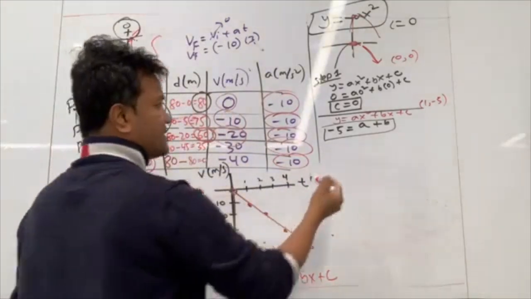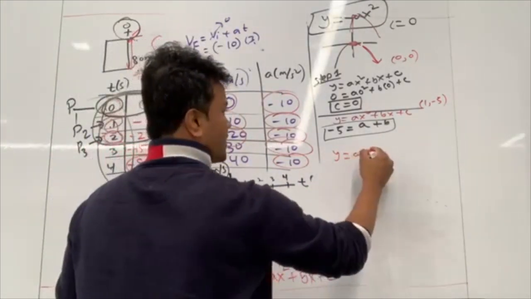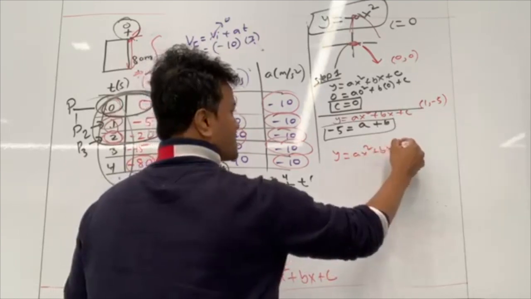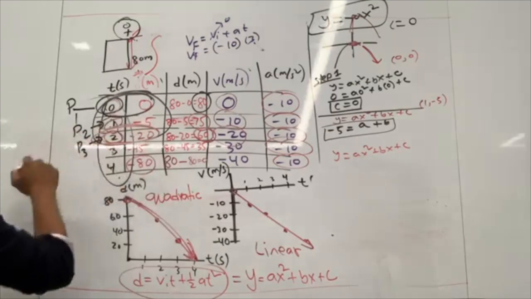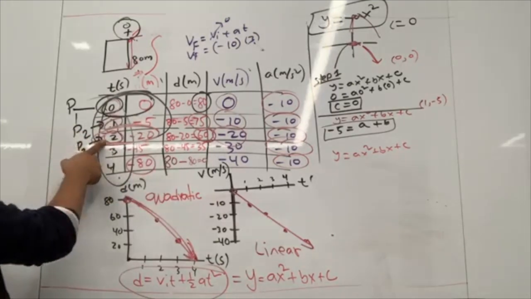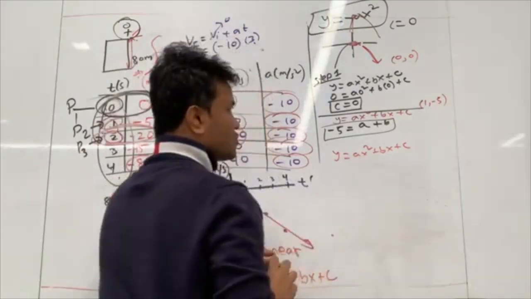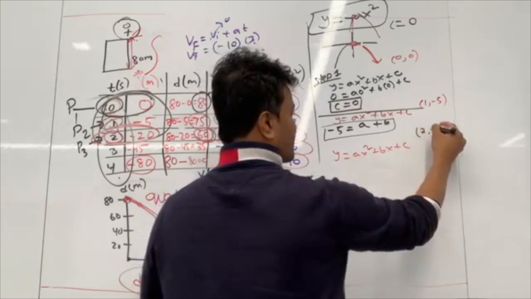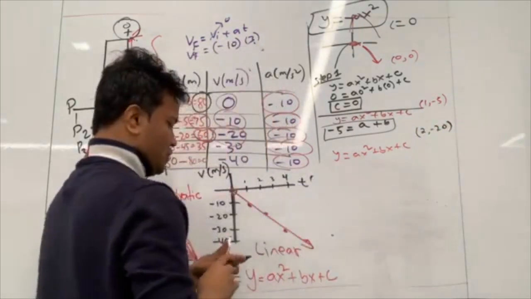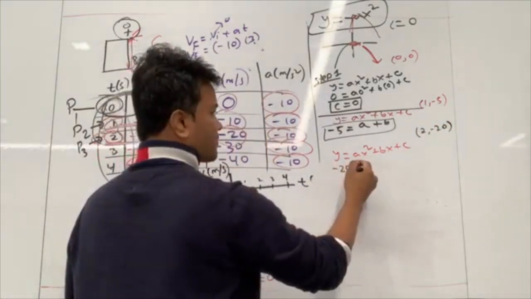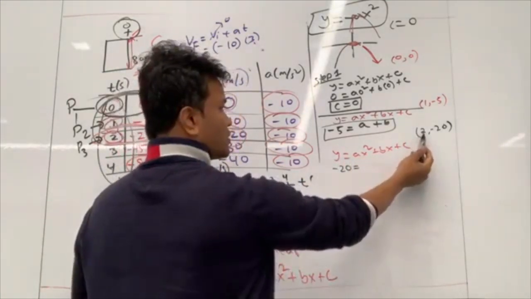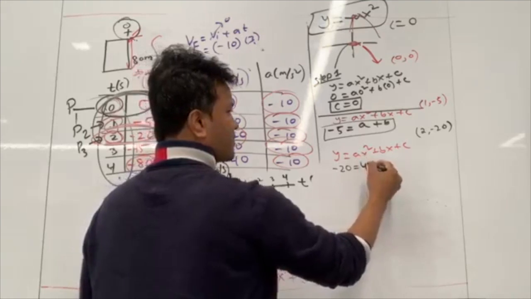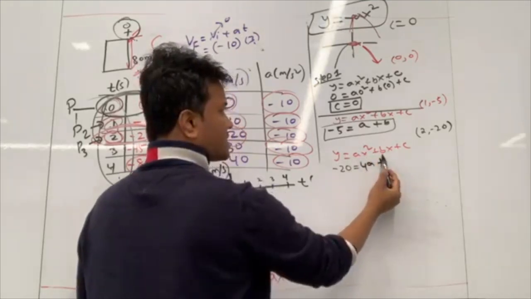We're going to write y is equal to ax squared plus bx plus c. Now the next point, I'm going to use point number 3, 2 comma negative 20. So I'm going to write 2 comma negative 20 over here. Okay, so here is negative 20. Here is 2. The 2 goes to 4a plus